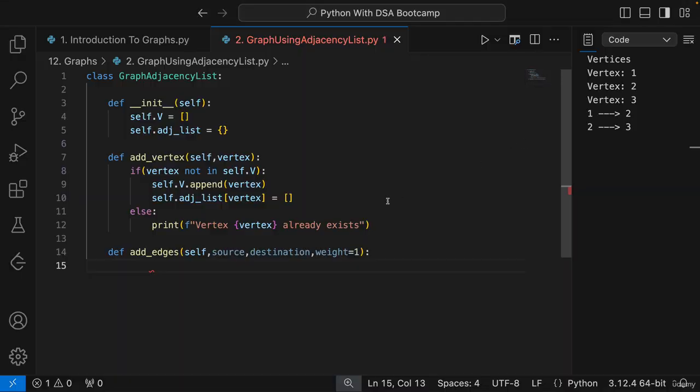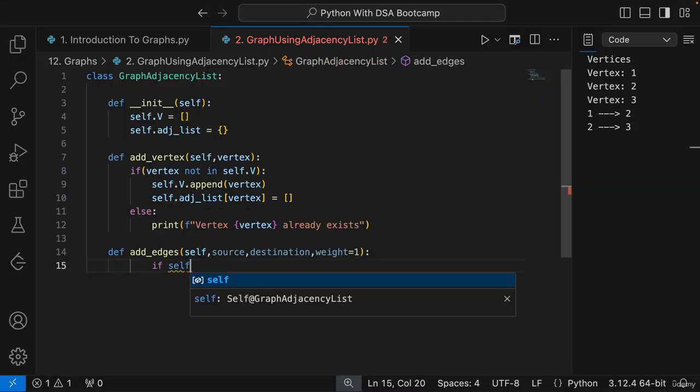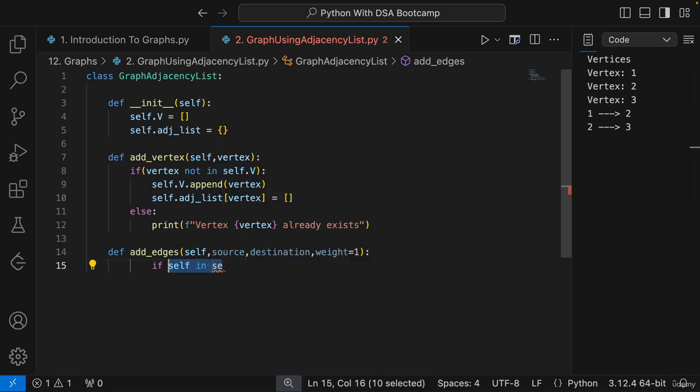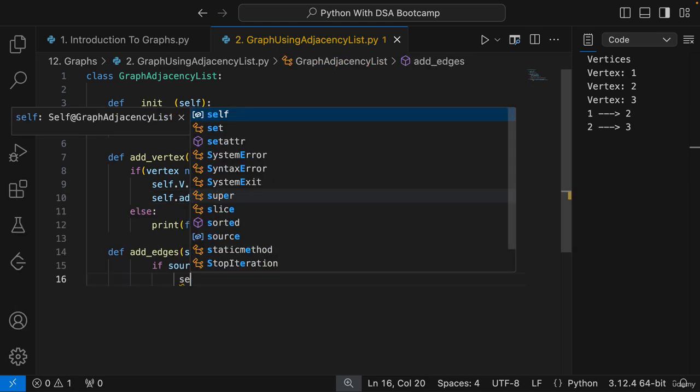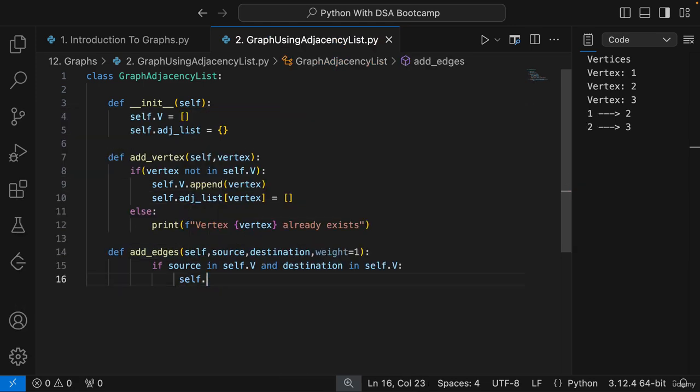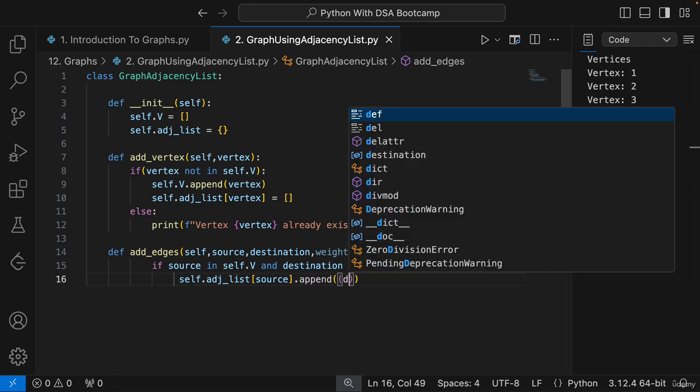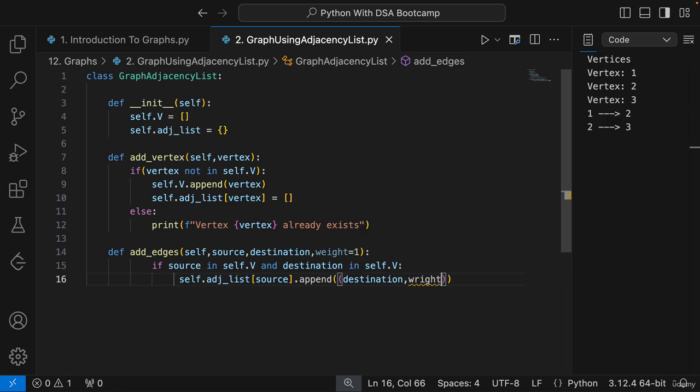Right? Great. Again, if source in self.vertices and destination in self.vertices, then we have to do something. self.adjacency_list of source, we have to append a tuple in this. A tuple is something like this: destination and weight. Okay. And because I have to make it